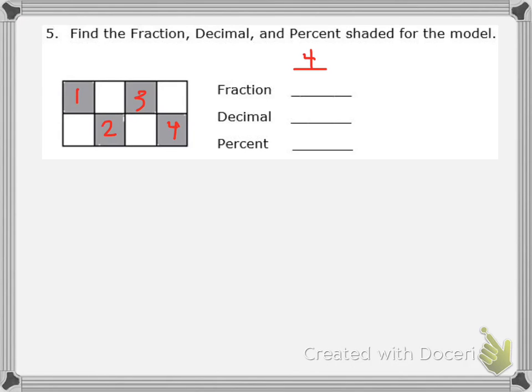Now the denominator is going to be your total number of boxes that you have, your whole. So if we count up all of those boxes, you have 8 total. So 4 over 8. Now remember, when we have fractions, we want to always check to see if we can simplify it. So when I simplify 4/8,